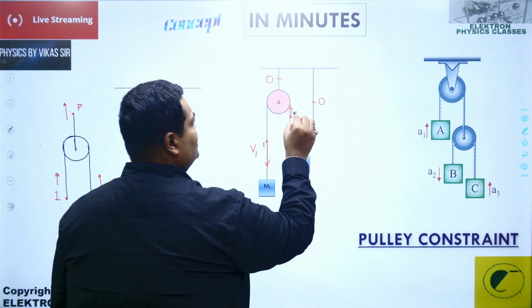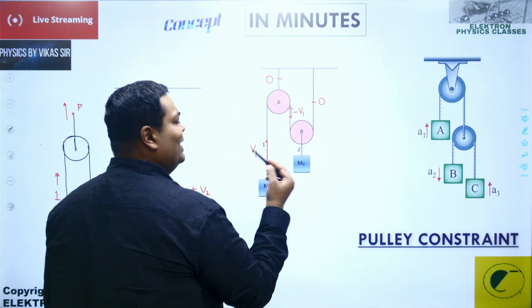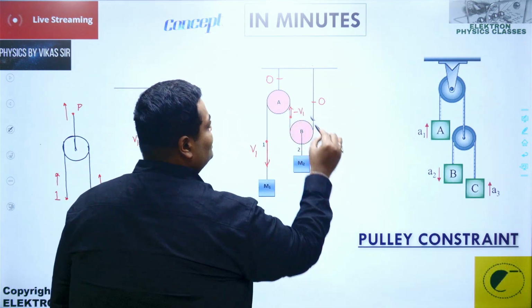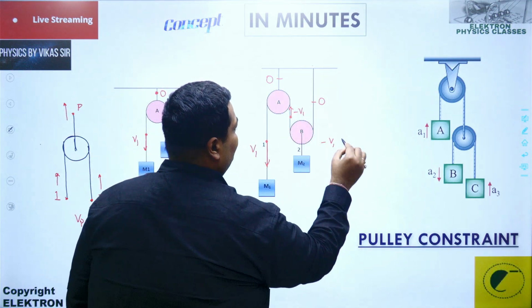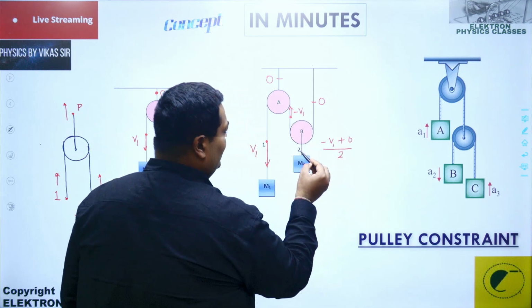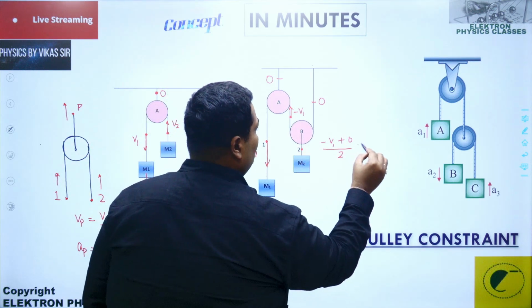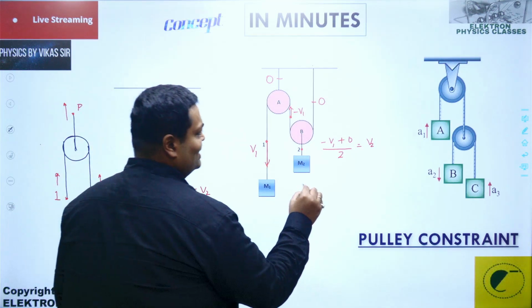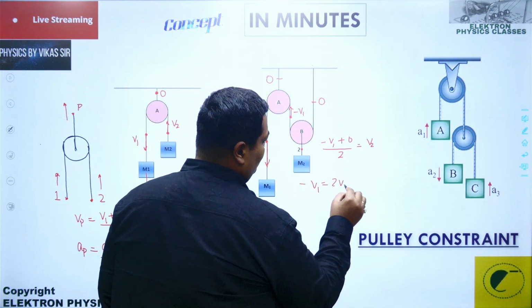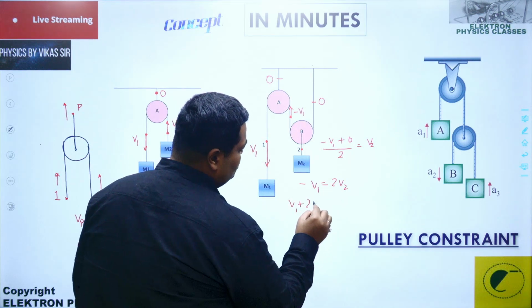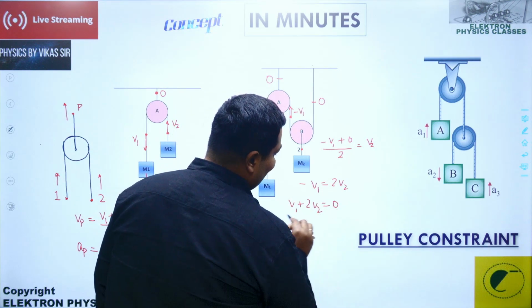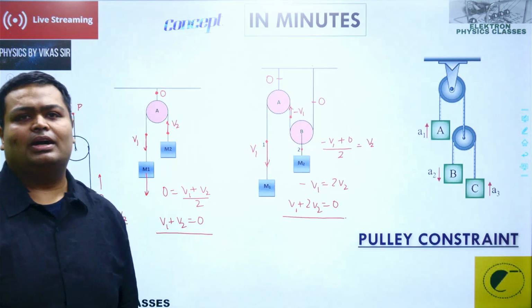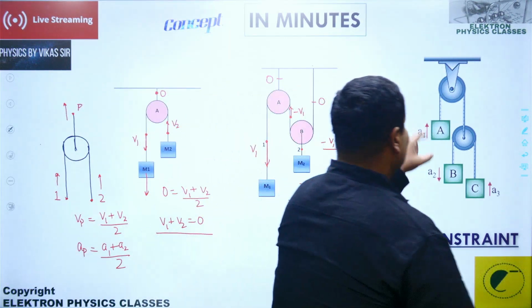So the velocity for this should be equal to minus v1, and then (minus v1 plus 0) upon 2 should be equal to the speed of this particular point, which is v2, and that's the relation between them. You can write this as minus v1 equal to twice v2, that is v1 plus twice v2 equal to 0. Similarly, let's focus upon the last example for the day, in which I have these three blocks